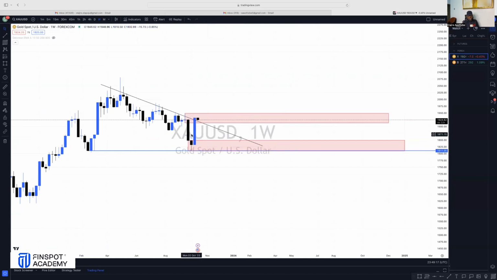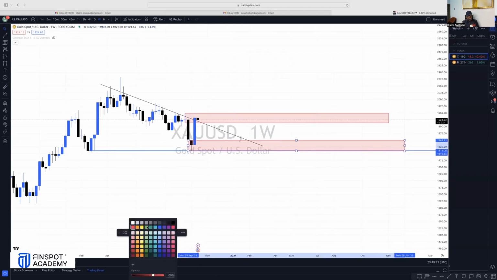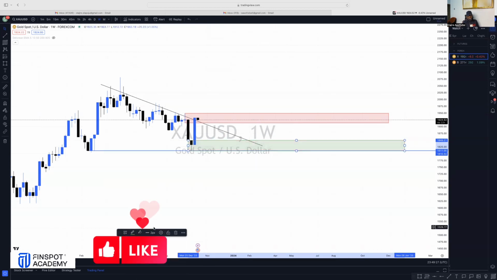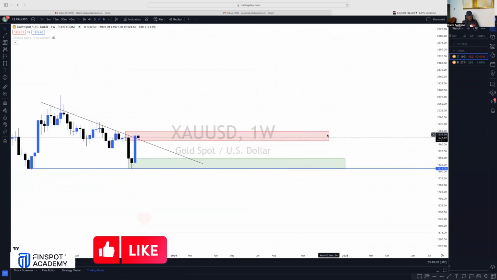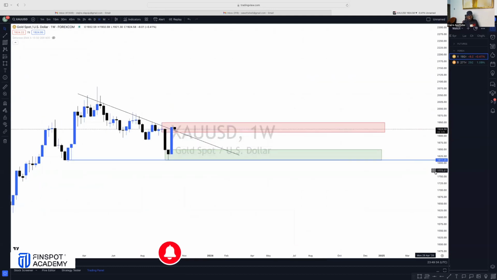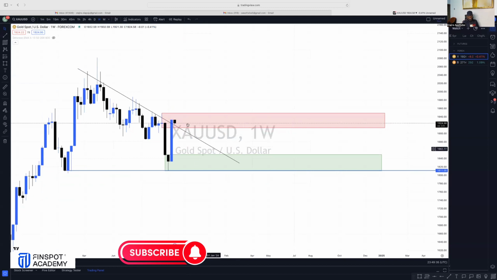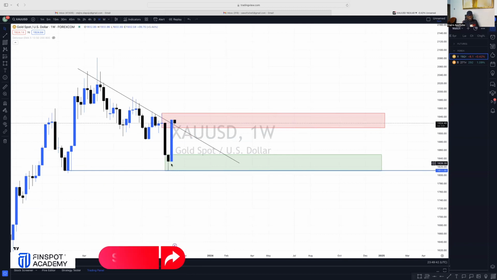I already saw a close above. Now let me just change this color to green just for you guys to see that I'm actually talking about the bullish order block here, where I'm talking about the bearish order block here. So this is my point of interest. Price is currently at the weekly point of interest, and as you can see, the last week candle actually closed